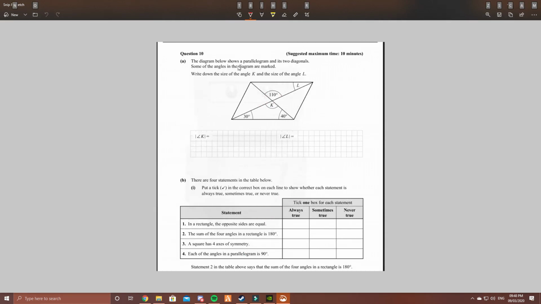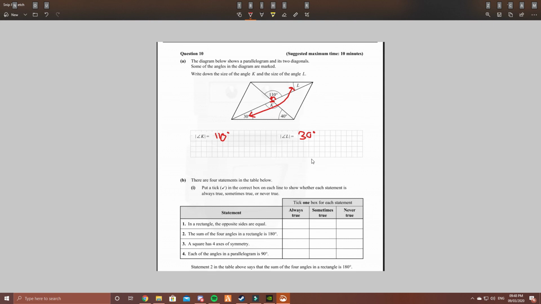On to the next one, question 10. Here we immediately see that the angle K is going to be 110 because it's a vertical opposite angle to the one that's already marked 110 degrees. And if we're looking for angle L, we can see that it's another alternate angle, and that's going to be equal to the 30 degrees of the already marked angle. If we move down to part B,